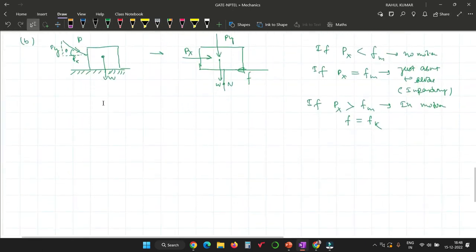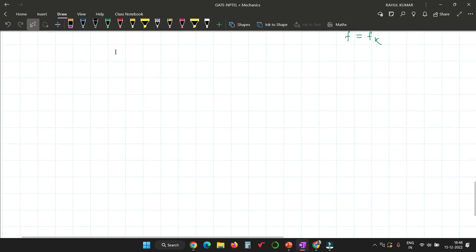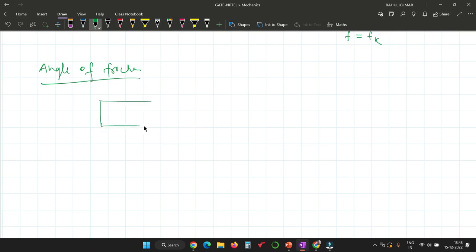Now let's talk about angle of friction. Okay, suppose there is a block resting on a horizontal surface, and you are applying an external force P. Because of that, there will be two components, Px and Py, and because of the weight, W, if you create the FBD,